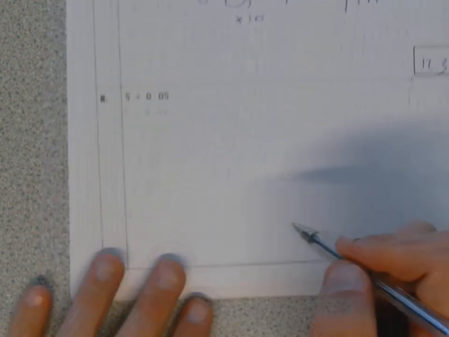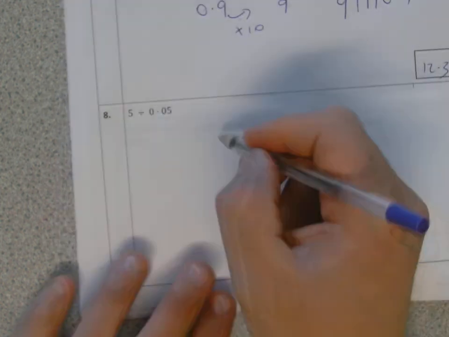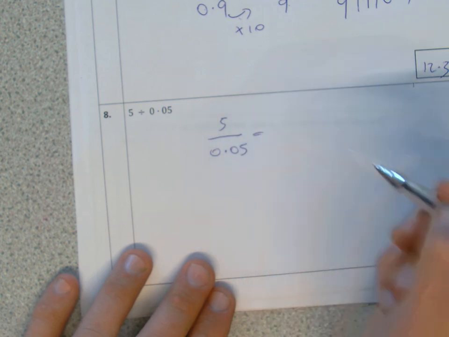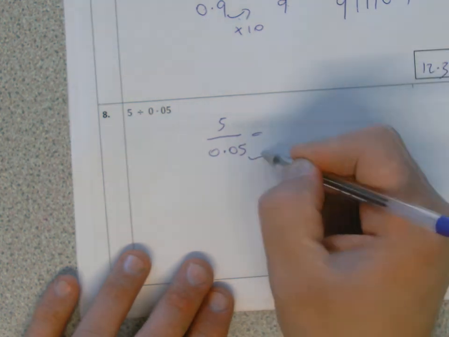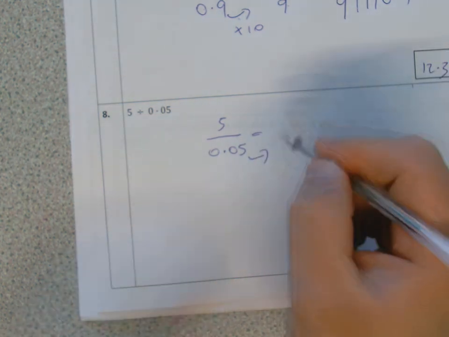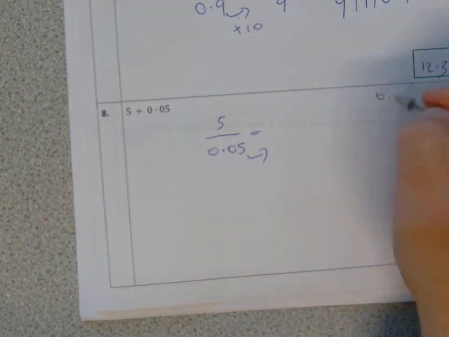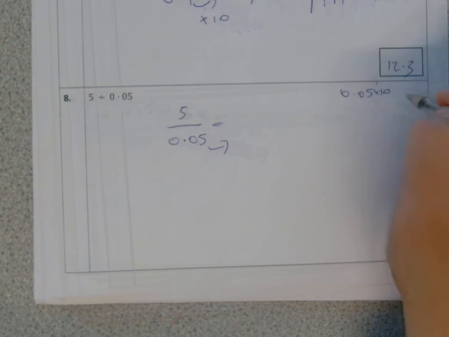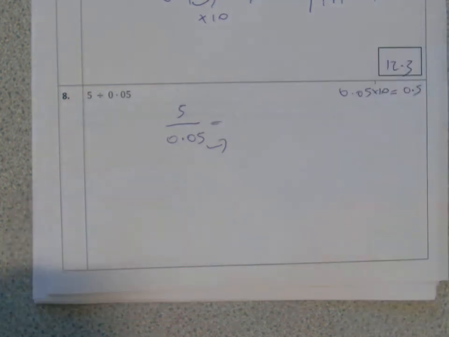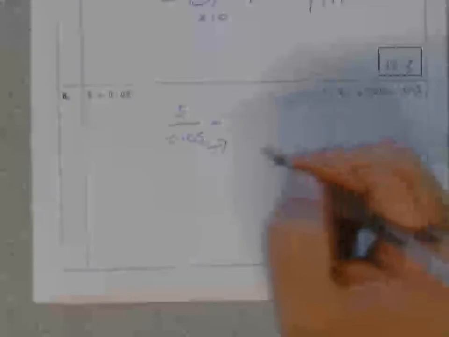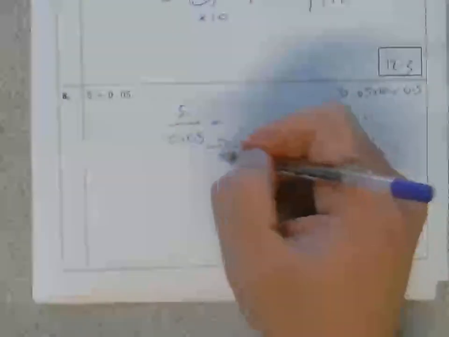Right, last one on dividing here. So we write this as a fraction, and now just think, what can I times this by here? If I times it by 10, think about it, times 0.05 by 10 doesn't really help me, because I still end up with a decimal. I suppose then you could deal with 0.5, but if I times it by 100, of